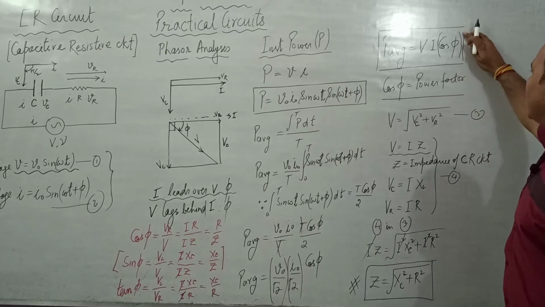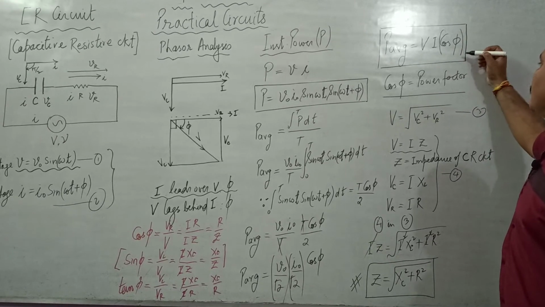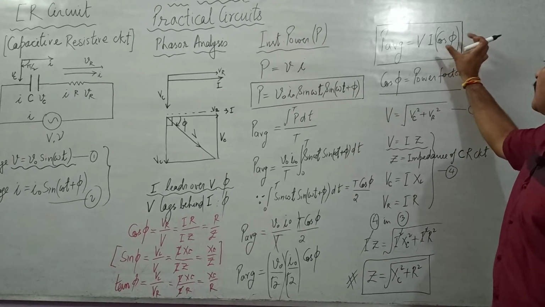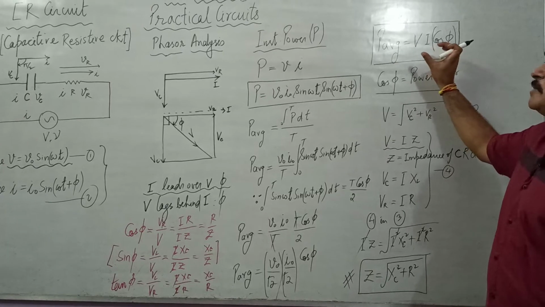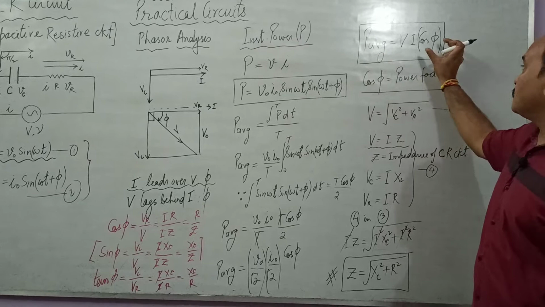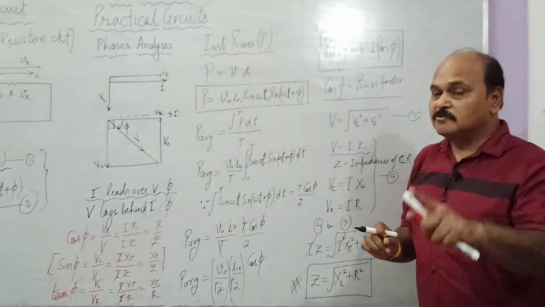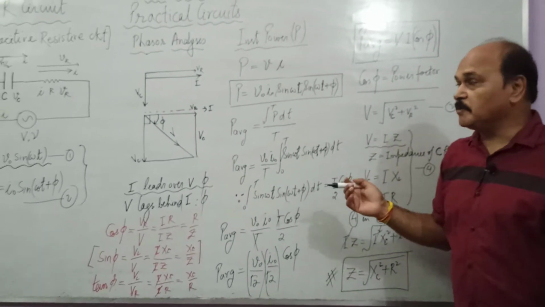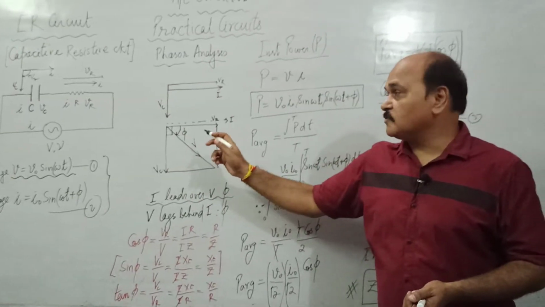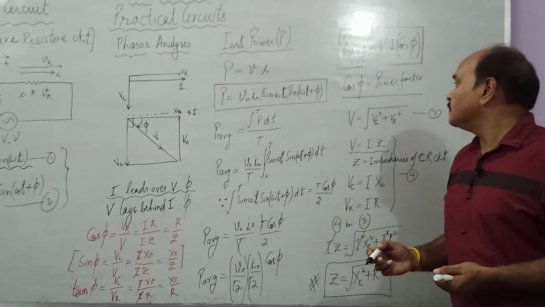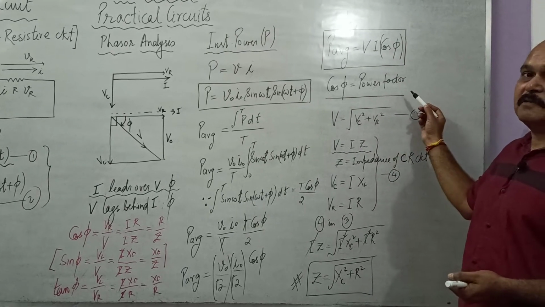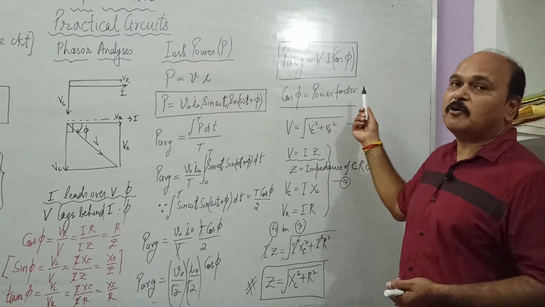Remember, this V is the RMS value of voltage, this I is the RMS value of current. If the cosine term has maximum value, the average power is going to be maximum. If the cosine term has 0 value, then average power is going to be 0. But here, this cos phi is neither 0 nor maximum 1. It is going to be somewhere in between, because this phi is neither 0 nor 90. It is a practical circuit, so this phi is going to be somewhere between 0 and 90. And this term cos phi is very rightly called the power factor.